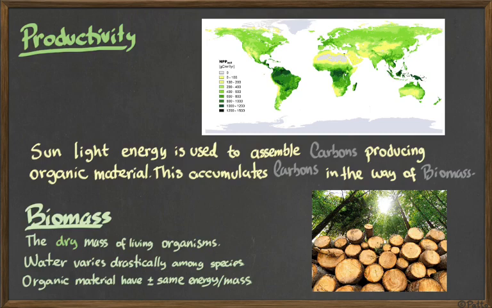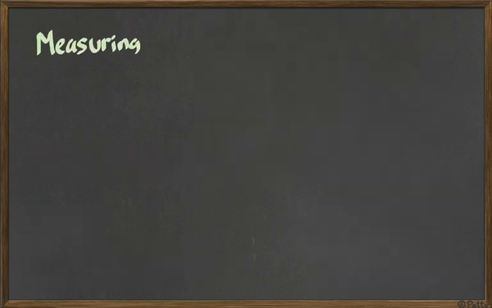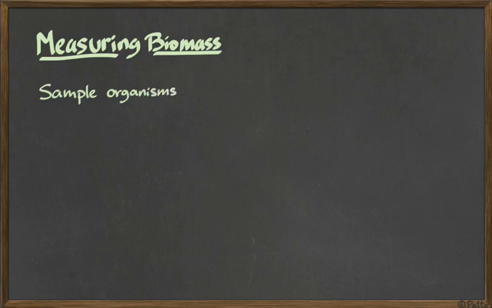The dry mass tells us how much organic material is going to be in there. And the organic material has a very decent relationship with the amount of energy that will be in that place. So we are going to be using the biomass to estimate the amount of energy that is in a certain place. However, as I told you before, this is not so simple because you need to dry the material. So for us to know the biomass, we cannot get simply everything in an ecosystem and dry it because we're going to be killing everything.